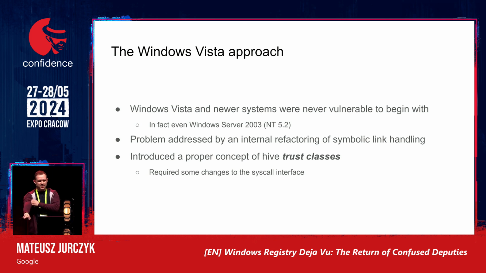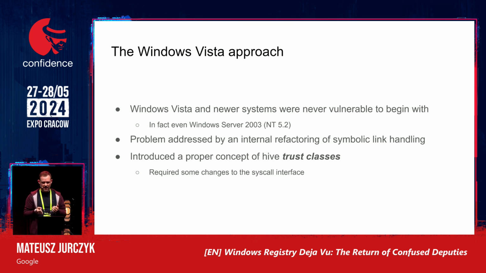However, when it comes to Windows Vista and newer systems, they were never vulnerable to this kind of attack to begin with. Even Windows Server 2003 also was not vulnerable. And the problem was addressed internally at Microsoft at some point between Windows XP and Windows Vista. They refactored the symbolic link handling, and they introduced a concept called trust classes, which is basically a way to model exactly